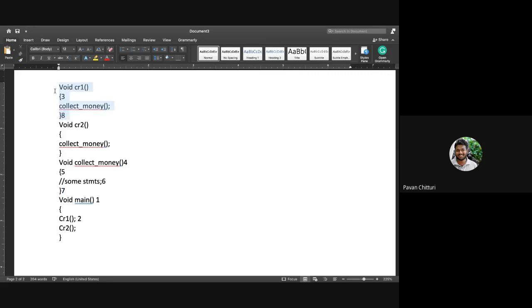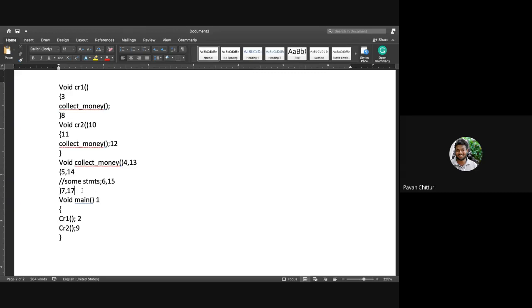So who called CR function? CR function was called by main function. So my statement goes here, 9. So again my function goes to CR2 function. So CR2 function is nothing but here 10, 11, 12. So 12 means collect money function. So that means the control comes here 13, 14, 15, 16.